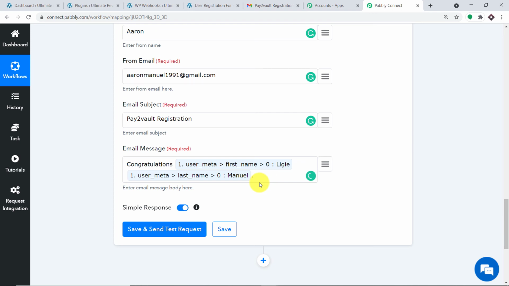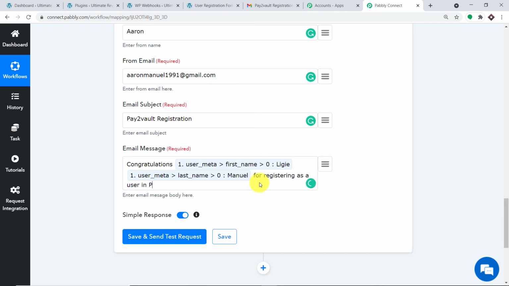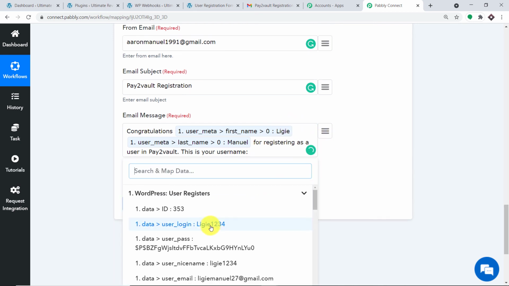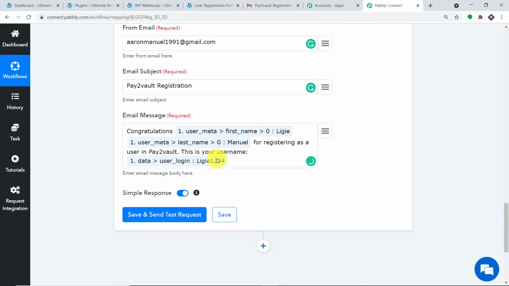Okay, so there is something else you should add for registering as a user in pay to vault. This is your username, colon, and we are just going to map in the username. So this is the username.